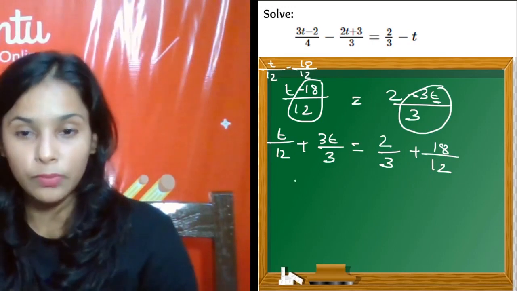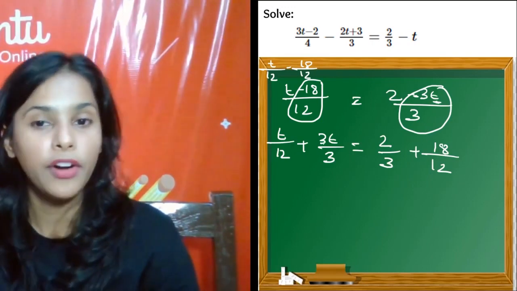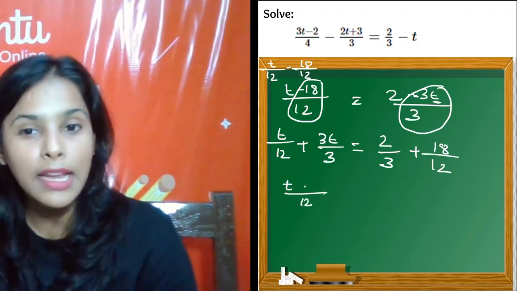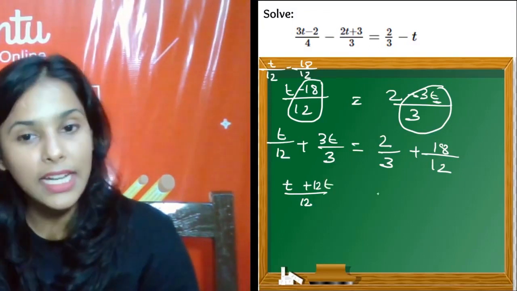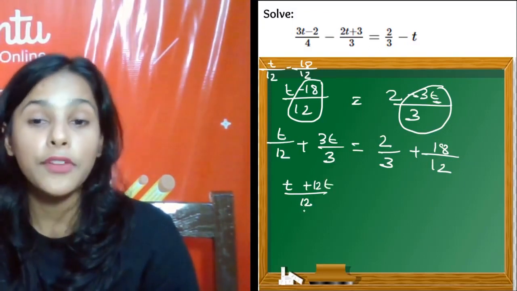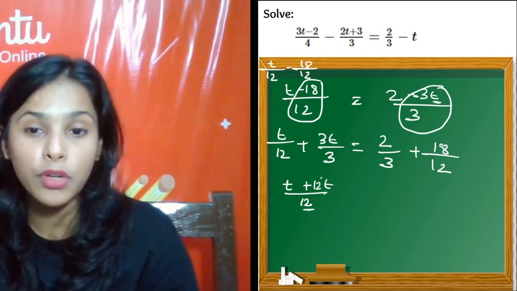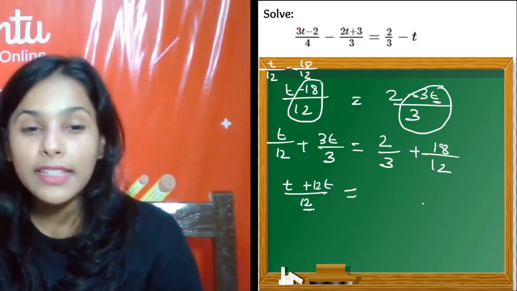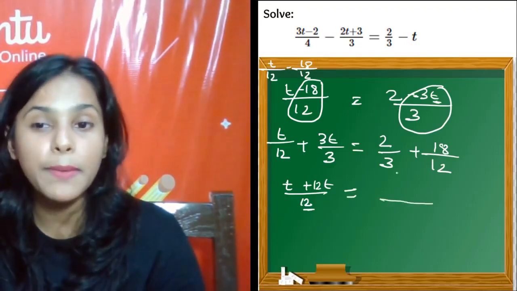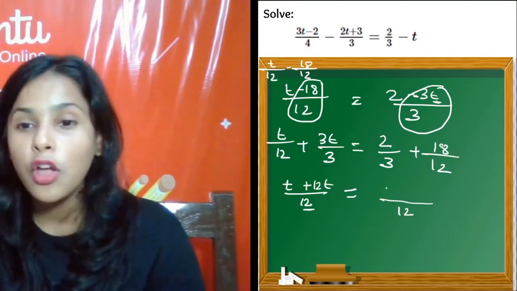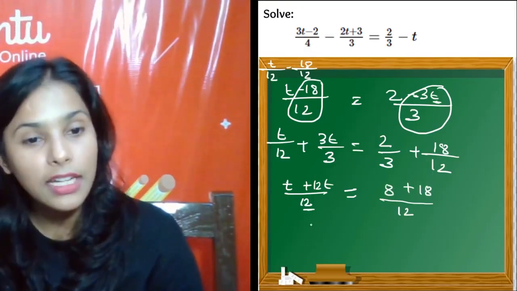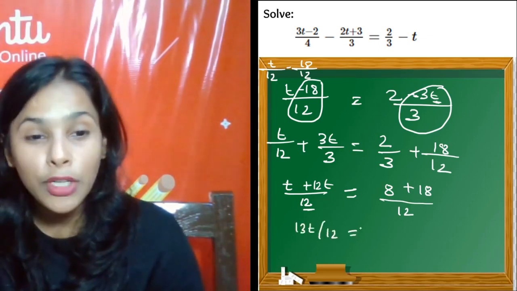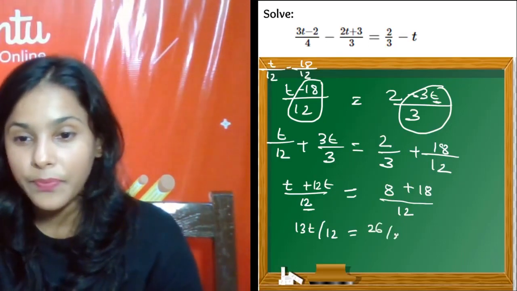Now taking the LCM of t variable terms, so it became 12. So यहाँ तो 12 ही था तो ये t plus of 12t. Done. Because 4 3s are 12, so यहाँ पे 4 से मल्टीप्लाई किया 3 में, so 4 into 3 is equal to, इधर भी वेरिएबल इधर भी कांस्टेंट टर्म्स में भी आपको एलसीएम लेना पड़ेगा, तो ये 12 और इधर 8 प्लस ऑफ 18. Done. Now we got here 13t by 12 is equal to 26 by 12.